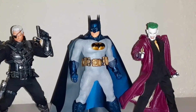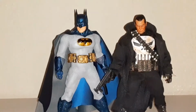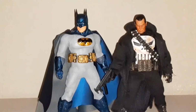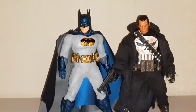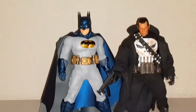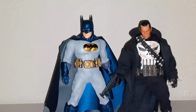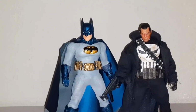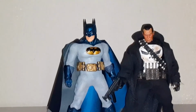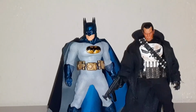So for other size comparison, we have the Mezco standard release Punisher, which again, thank you BC Mayhem for actually giving it for me. Got nothing but love for you, bro. Does end up looking pretty cool. I don't want to say that they are in perfect scale with one another, seeing as how I do believe that the Supreme Knight is supposed to be a little bit taller,